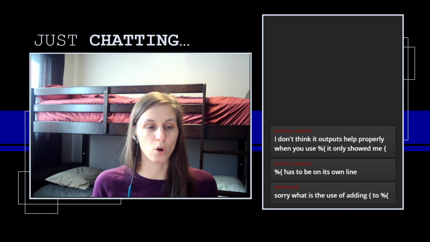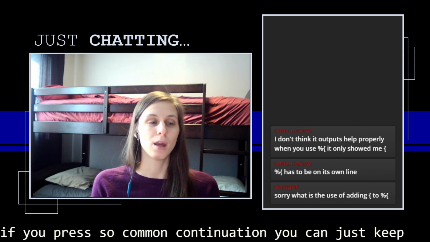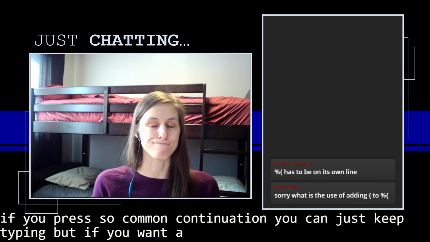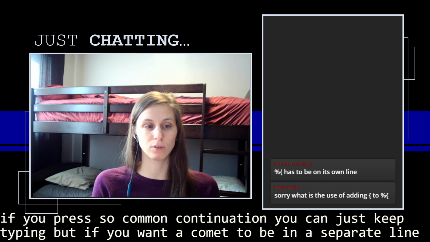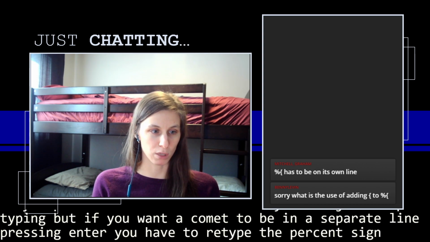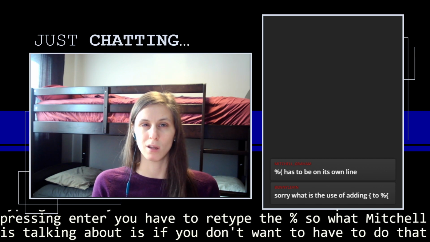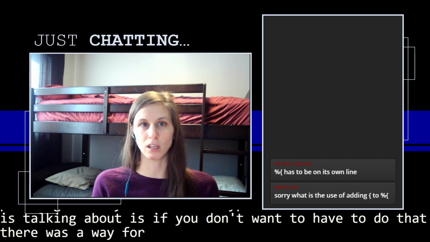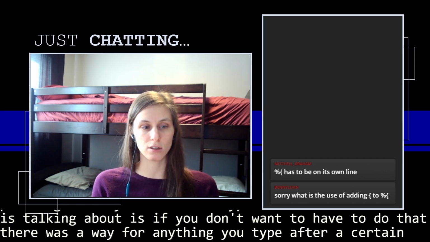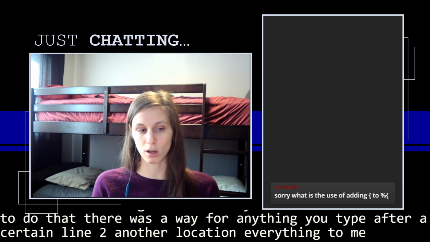So, Benny, if you press comment continuation, you can just keep typing, but if you want a comment to be on a separate line, pressing enter, you have to retype the % sign. So what Mitchell is talking about is if you don't want to have to do that, there's a way to make anything you type after a certain line, up to another location, be considered a comment.